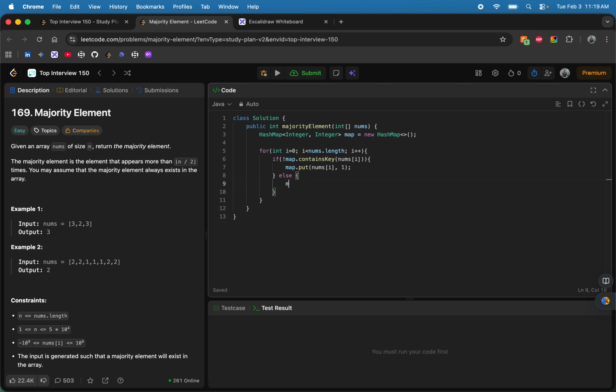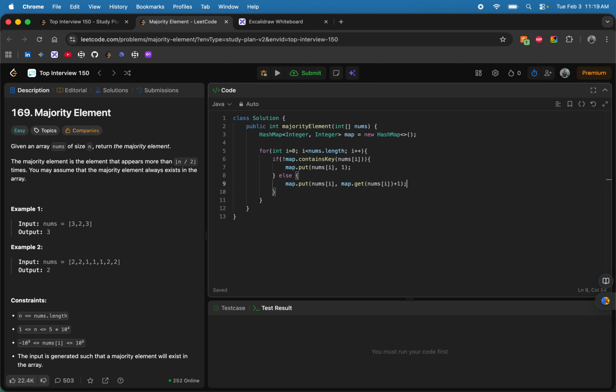Else, that means it contains, and we will say map dot put nums[i], map dot get nums[i]